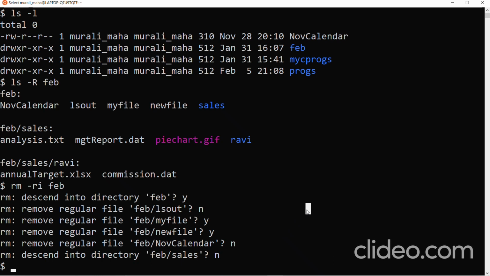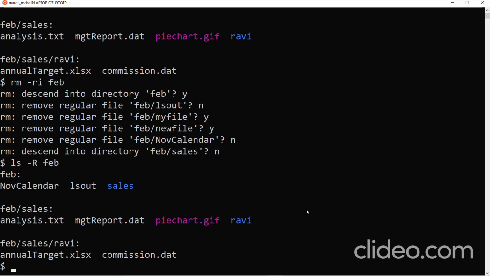So ls -R web. Just cross check. My file and new file, are they there? No. Because we have removed them. All the other things are intact. We didn't descend under the sales directory. Hence, whatever is under the sales directory, that is intact. That is not removed. Okay. So I believe you would have understood about this, right? Okay. So this is about